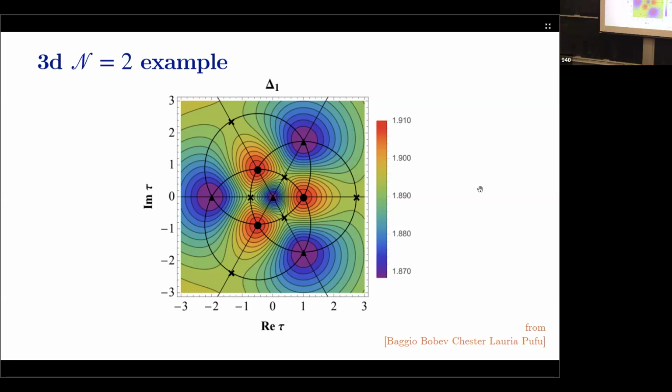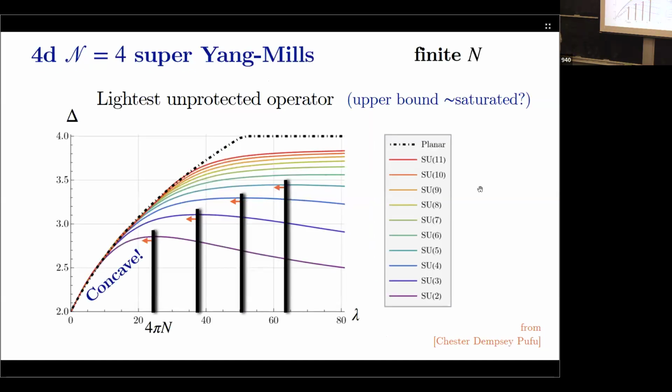Just to be sure, concave. Of course, when you track the lowest dimensional operator, there could be points where there are other branches. So you're talking about locally concave. Yeah, it's local, and as I'll say in a minute, I need to assume a certain amount of analyticity. Splitting maybe. If you have some level crossing, you can analytically continue through.